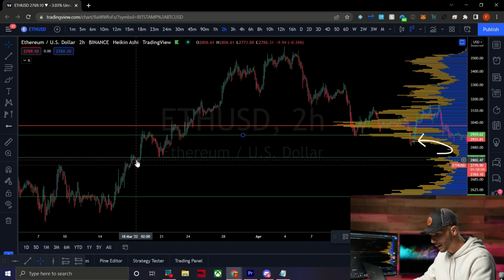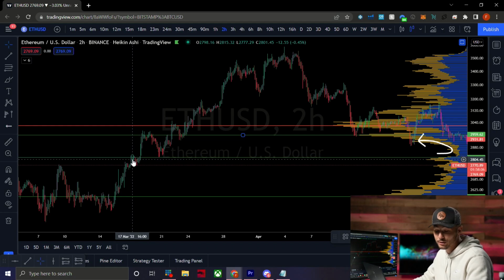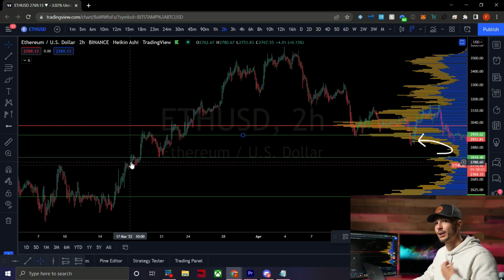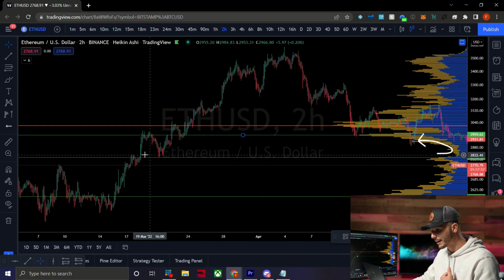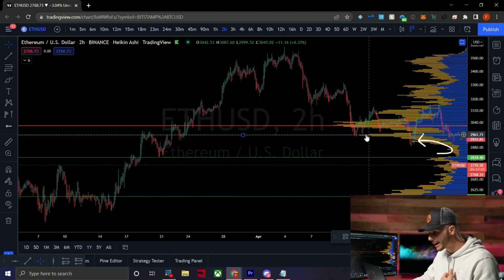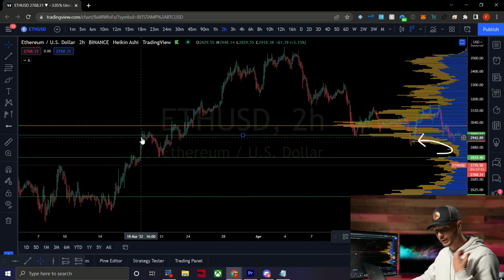Maybe you took a little bit of profit, and then maybe you take 30% out, 40% out. That's going to be dependent on your risk tolerance. But you take a little bit out of your trade here, and then you shoot through another low volume area, and you see that you have another high volume area right here. And that might be another good place to take the rest of your profit or take some more off the